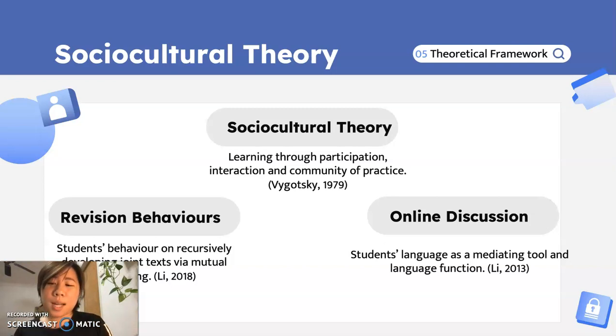Similarly, Lee has also done a previous research in 2013 on online discussion. Lee found that students' language is used as a mediating tool and language function. So when students are discussing with their friends, the language itself is used as a tool to mediate and negotiate